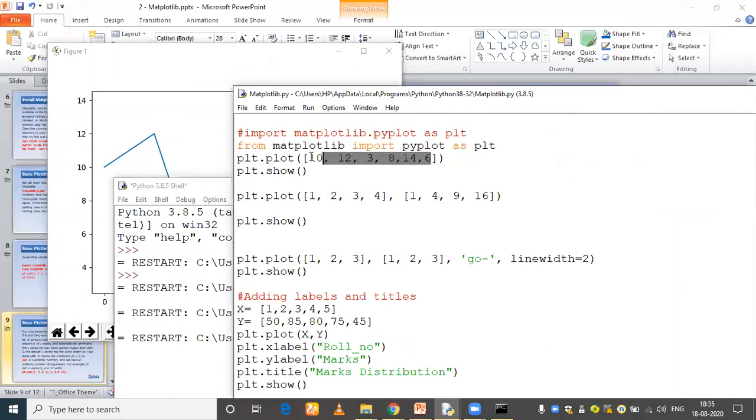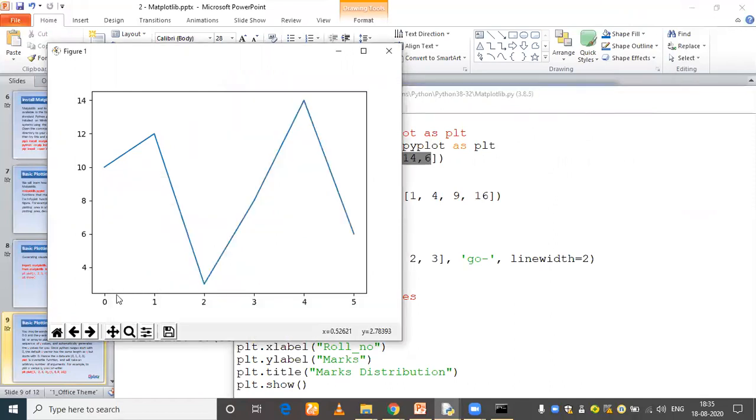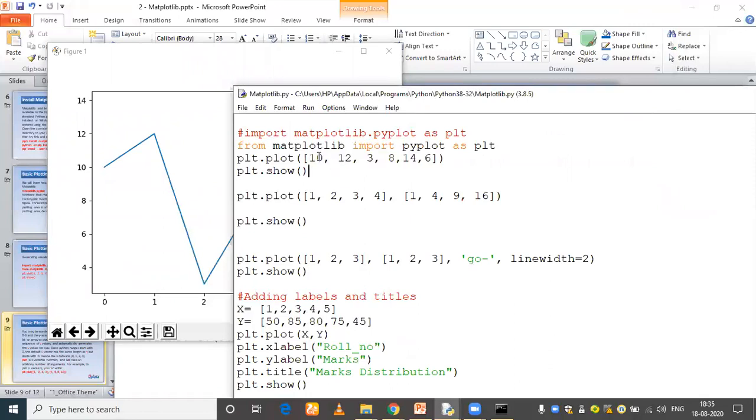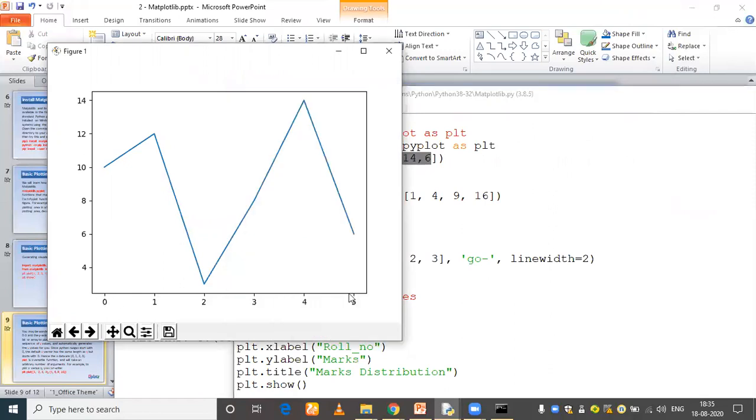If you have 10 elements here, for example, 1, 2, 3, 4, 5, 6, 7, 8, 9, 10, then tell me the range for the x-axis. The x-axis is going to range from 0 to 9.